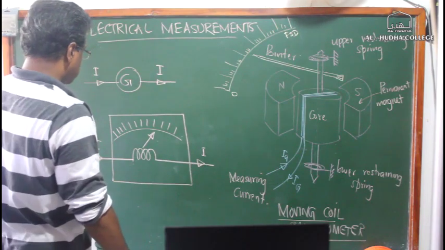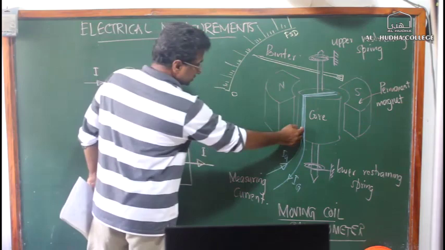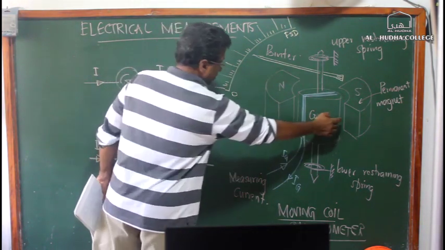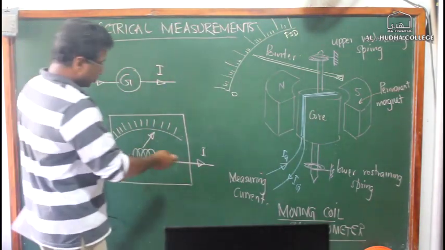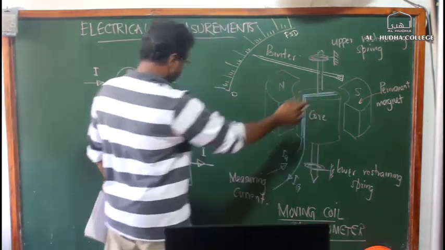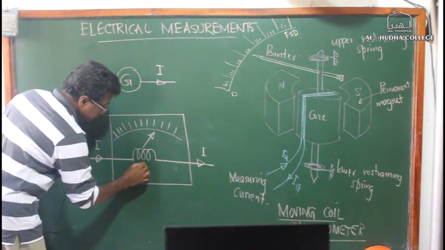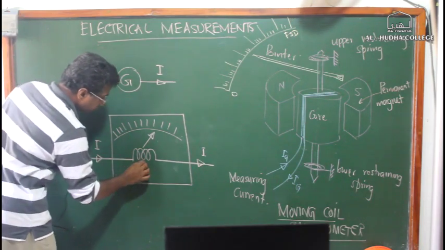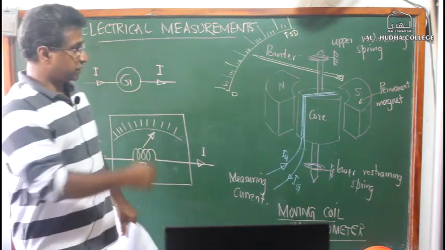Now this coil is the same as this coil here in the core, right? These are permanent magnets, so we don't have to represent that. Only the electrical component here is this coil. So the coil will have naturally a resistance. We call it the internal resistance of the galvanometer, so we put it as Rg, right? So if you want to take down, take down.